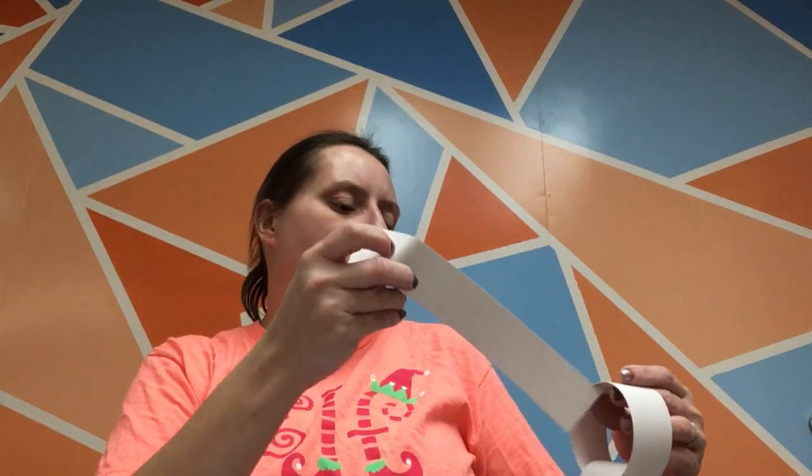Now, if you did not want to do Santa, you could just make it all white. Maybe put a black one on top and call it a snowman. That's entirely up to you. You could just do an alternating chain of red and green, or blue and white, or whatever colors you wanted to use. I went with the Santa one just to make it a little bit more fun, but it is a paper chain, and as long as you have 24 of them, you can make it any color you want, and it's going to help you